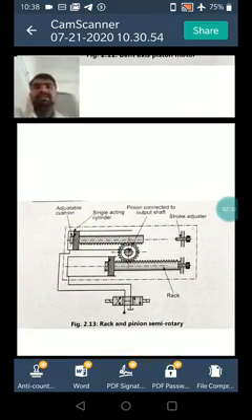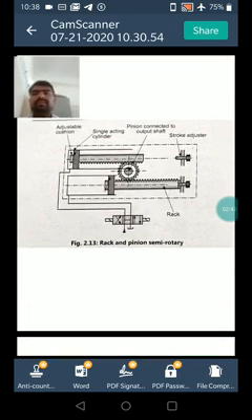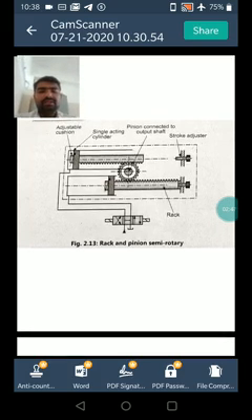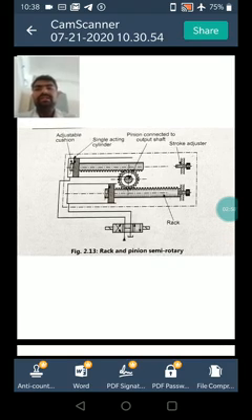Then next there is a rack and pinion assembly. The figure shows a rack and pinion semi-rotary actuator. Okay, adjustable cushioning, single acting cylinder, pinion connected to the output shaft, stroke adjuster. Okay, then next we can see the working of